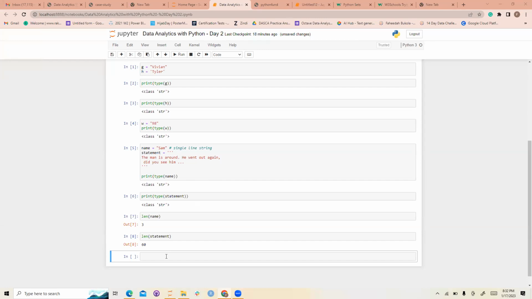So if you want to check, sorry for that, I was muted again. So if you want to check for the particular character at a particular position in your variable, we call that index. So if you want to index a variable of data type string, use